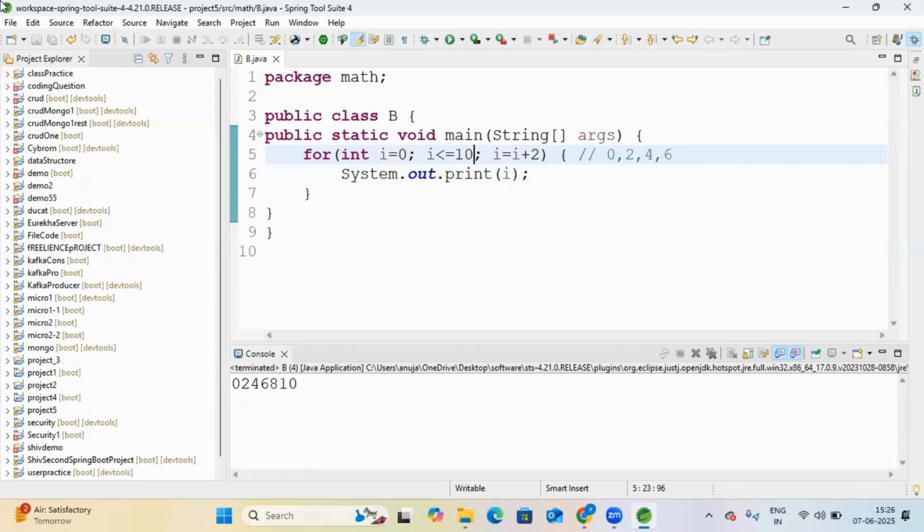So this is a basic way of doing things. So we have seen a for loop. Now what we will do,